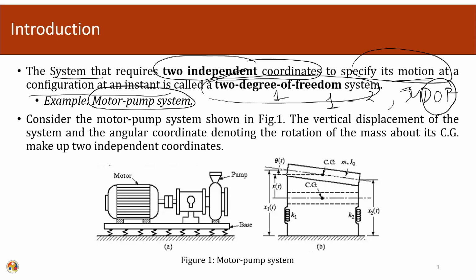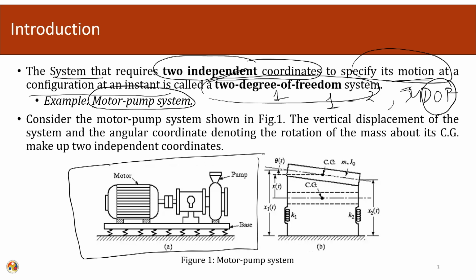So, what happens in a motor pump system? This is a sketch of a motor pump system. In a motor pump system, there is a base. The base is supported by springs. These springs are to isolate the vibrations of the system. So, there is a vertical displacement of the system; it is able to move in the vertical direction, and the